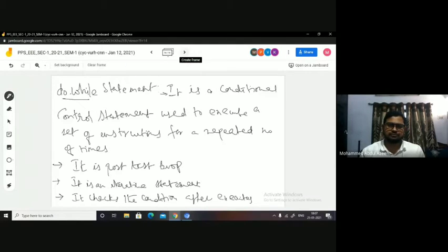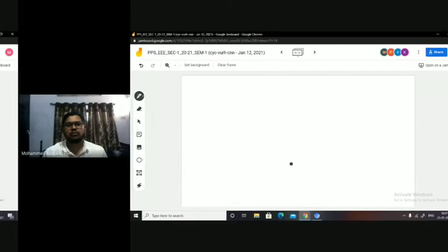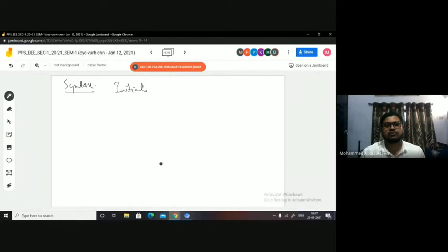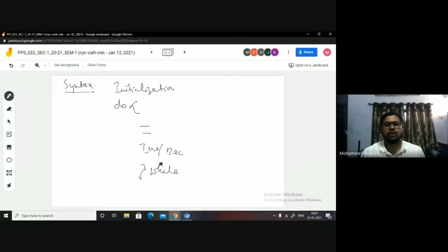If you look at the syntax, first comes initialization, which is optional, of course. Then do, then an open brace. You can have some set of instructions inside. Increment or decrement is also optional. Close the loop, and after you close it, comes while with the test condition.